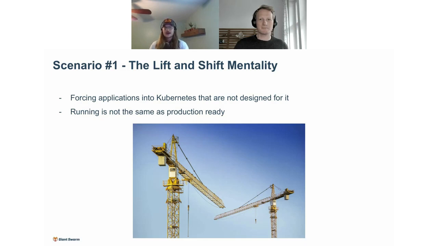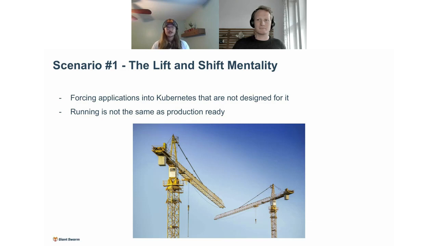So the lift and shift mentality, typically I say just get it out of your head to start with. It isn't really going to be successful. Forcing applications into Kubernetes that aren't designed for it is ultimately just going to be more work, in my opinion, than refactoring or redesigning it from the get-go.